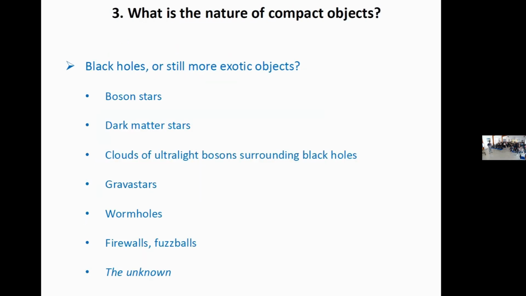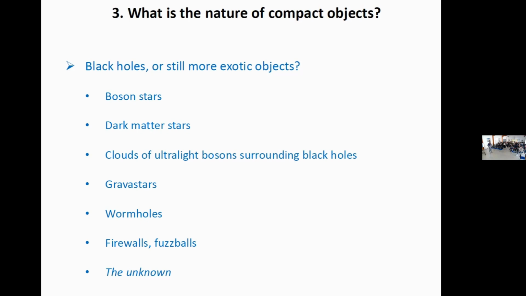So that's all very interesting, but what is getting even more interesting now, again, because of detector sensitivities increasing, is what is the nature of the compact objects? So again, these tens of solar mass compact objects that we see merging all the time now, we think they are black holes, but how sure can we really be that they are the standard Kerr black holes of general relativity rather than some more exotic objects? More exotic objects, by the way, have been cooked up in the literature in spades. So there's boson stars, dark matter stars,